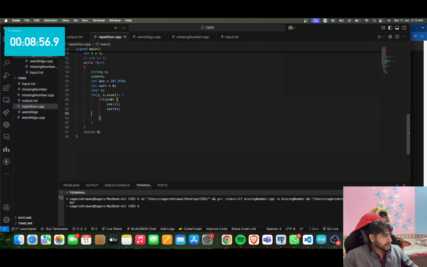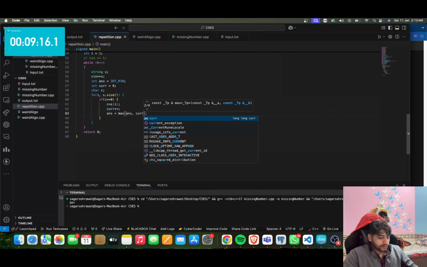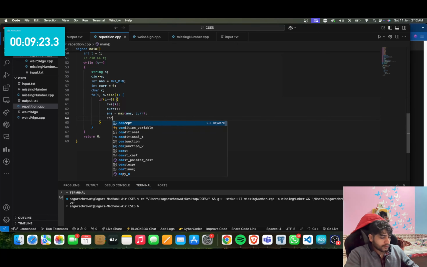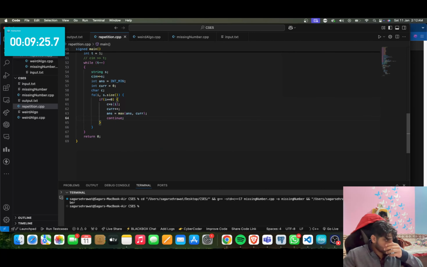And after that, we will also max the answer. So answer is equal to max of answer comma current. And we will just continue if i is 0, and if i is not 0, then if s[i]